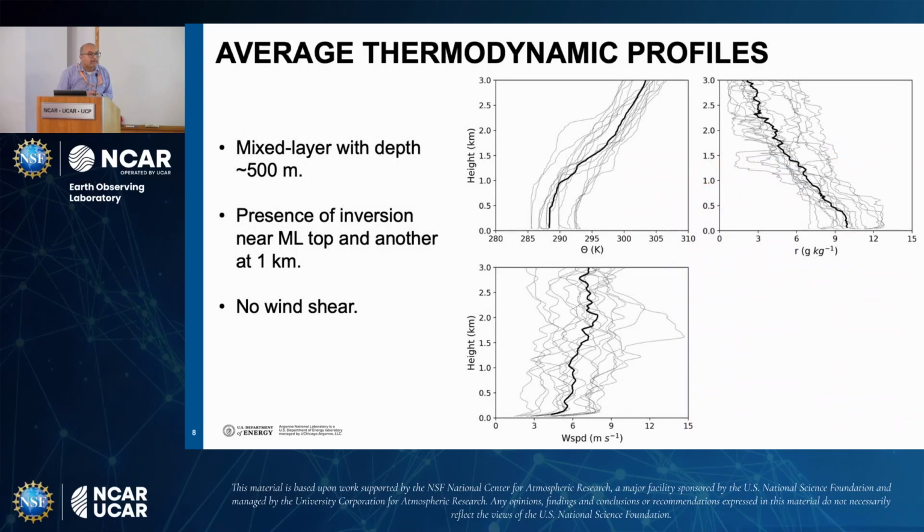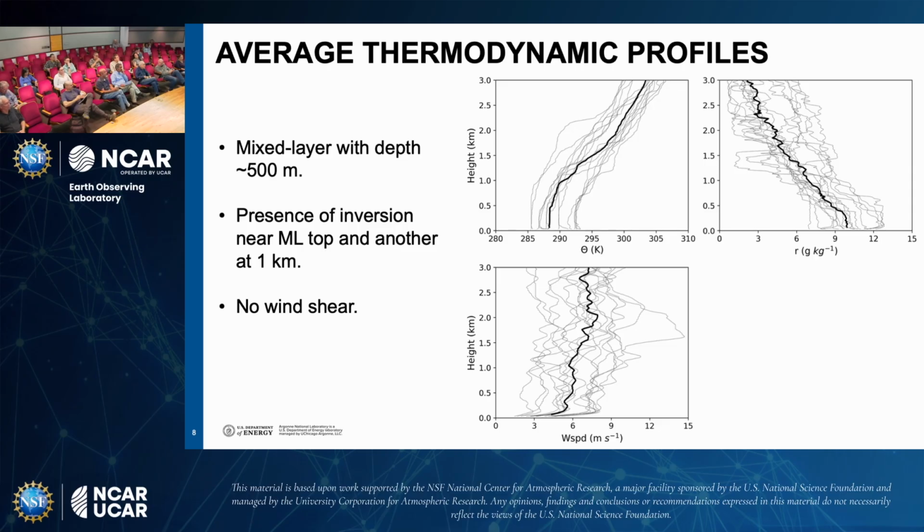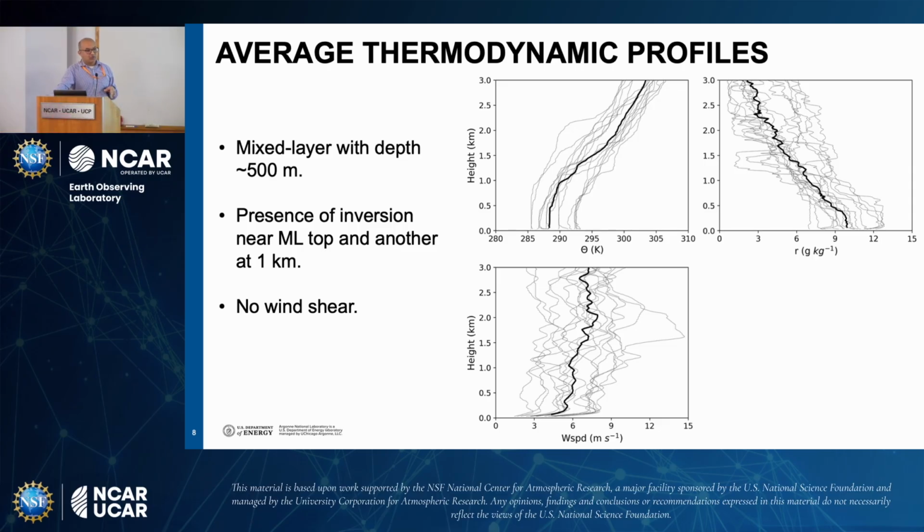Is that a property of cumulus? Can you repeat? Lack of wind shear, is that a cumulus property? It's a property of marine cumulus mostly. On the continental side, you have land mass, which changes the wind speed, and you have some topography effects. In this case, you have flat terrain, so nothing there. Also, we were able to select cases that are much more uniform, so we didn't have any large-scale advection coming in or frontal passages. That's a restrictive analysis in this case. Thank you for the question.